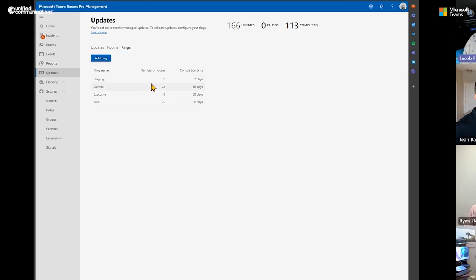Then rolling to, once it's rolled through its completion time, we have it set here for like 7 days, gives us about a week or so to do some validation. Then rolling to our general ring, more general set of rooms. Here we have 23 of our rooms, spreading that out a ways, bumping that out,